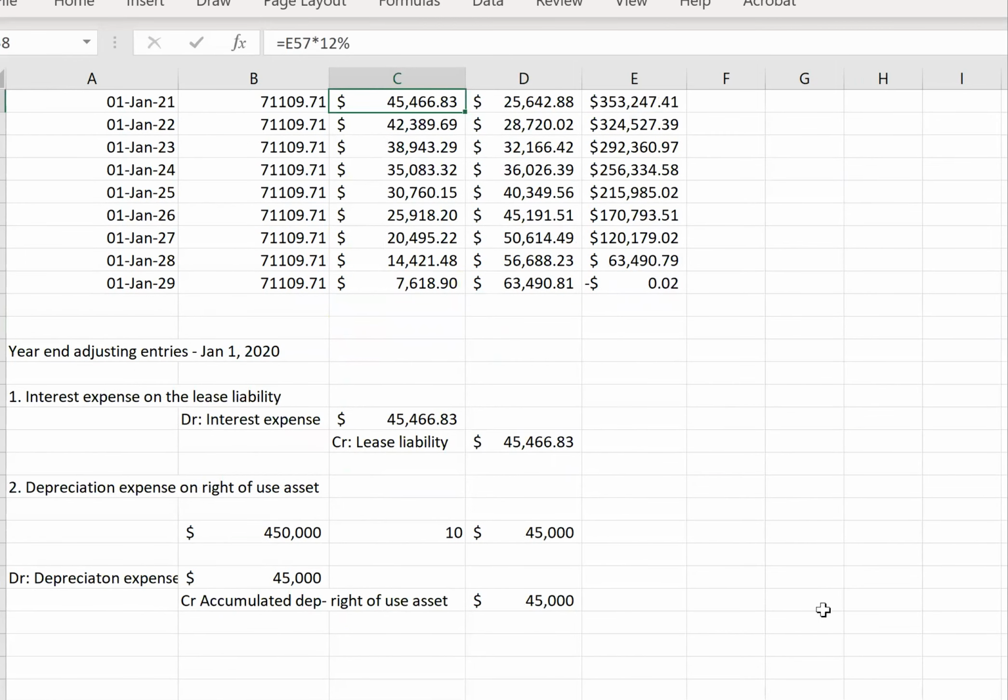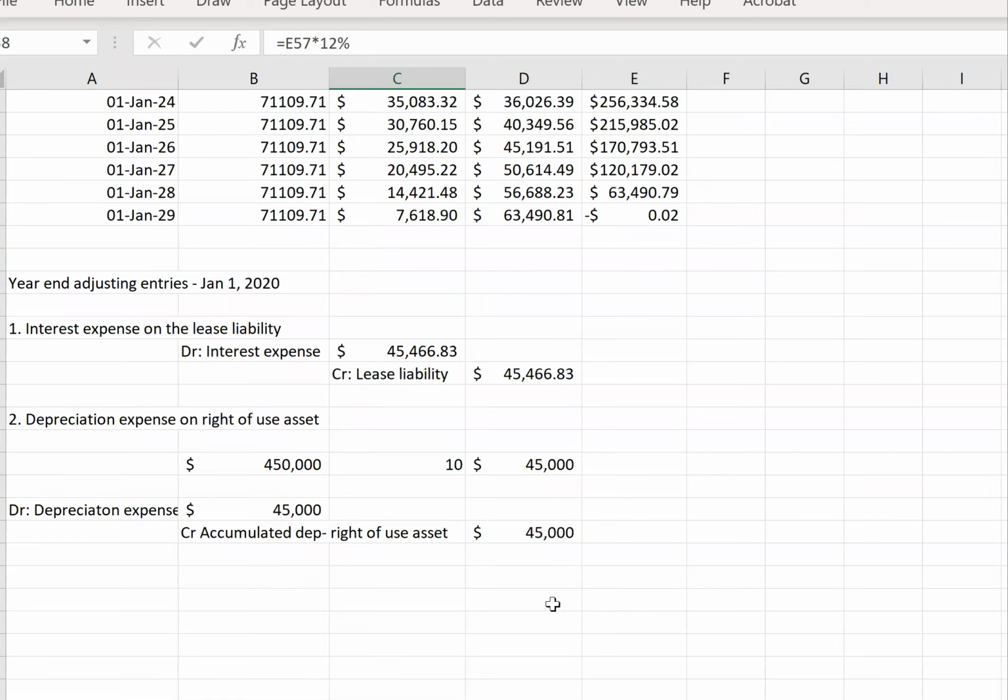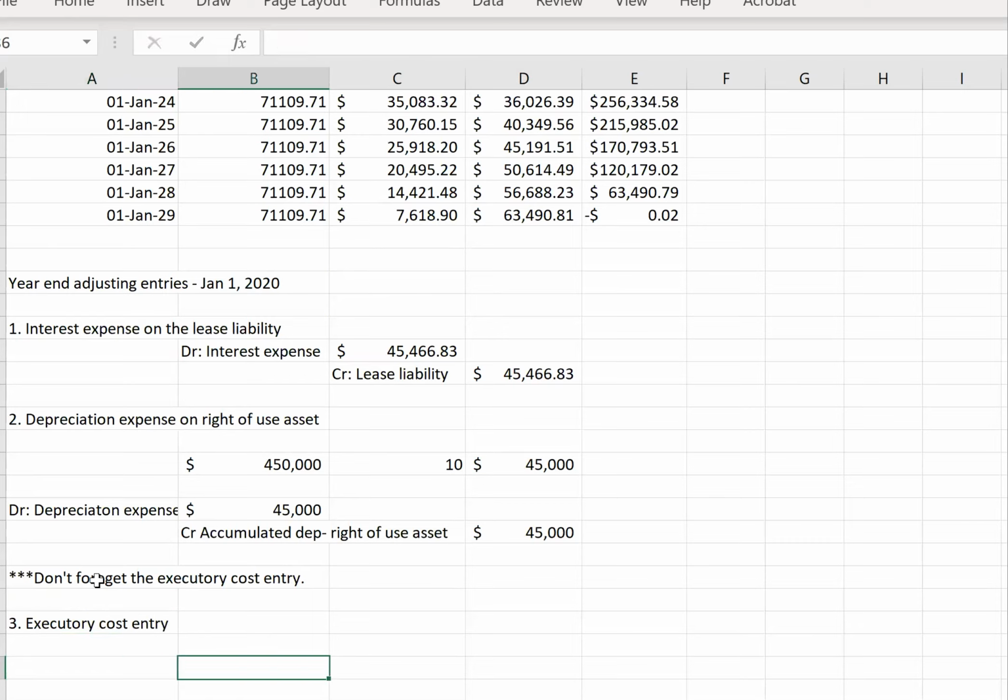Okay, so our depreciation expense, we've got that. Now what we really need to be careful of, this is super important, don't forget the executory cost entry. This is super tricky because normally we only have two adjusting entries at year end. We have interest expense and depreciation expense. But when you've separated out executory costs, do not forget your executory cost entry. So we need to recognize that insurance expense. So we're going to have debit insurance expense and credit cash,